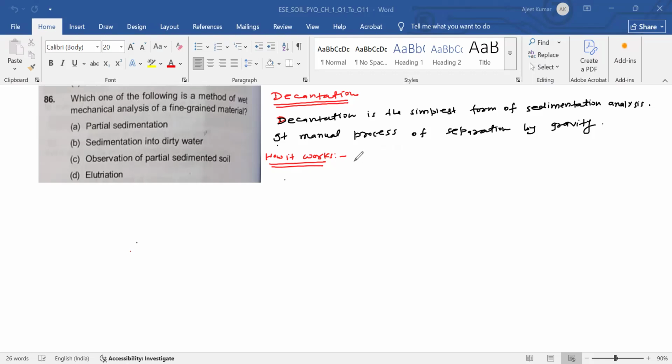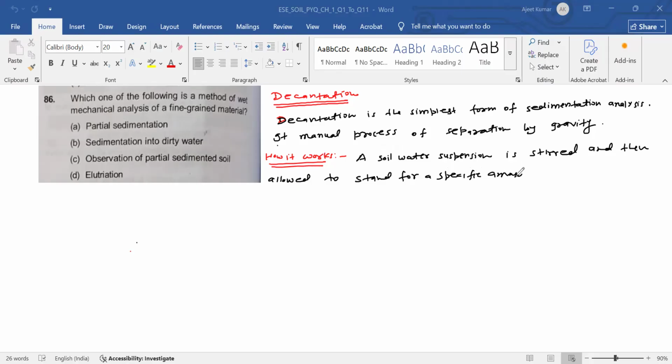A soil water suspension is stirred and then allowed to stand for a specific amount of time. Based on Stokes law,